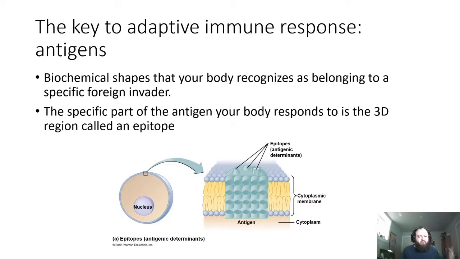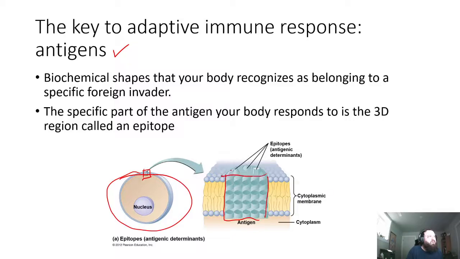So in terms of how our body is able to respond, the key structure is called an antigen. The antigen is not a human structure, but rather the pathogen structure. And as I've been saying, I'm trying to talk about them in terms of unique biochemical shapes. In this case, these are the biochemical shapes that your body recognizes as being foreign, as belonging to a foreign invader. And so again, if you looked at this being a bacterium here, if we zoomed in on the surface of the bacterium,